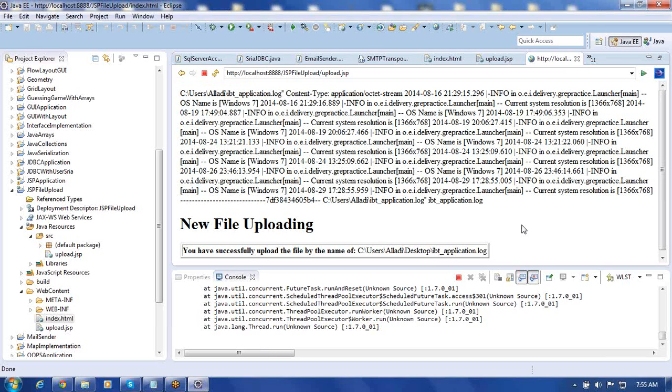New file uploading. The IBT application.log file we are getting here. The file name is like this. It's printing the file name first, followed by only this concerned file name. It's printing IBT application log. This information we are getting in this log file name. Therefore,